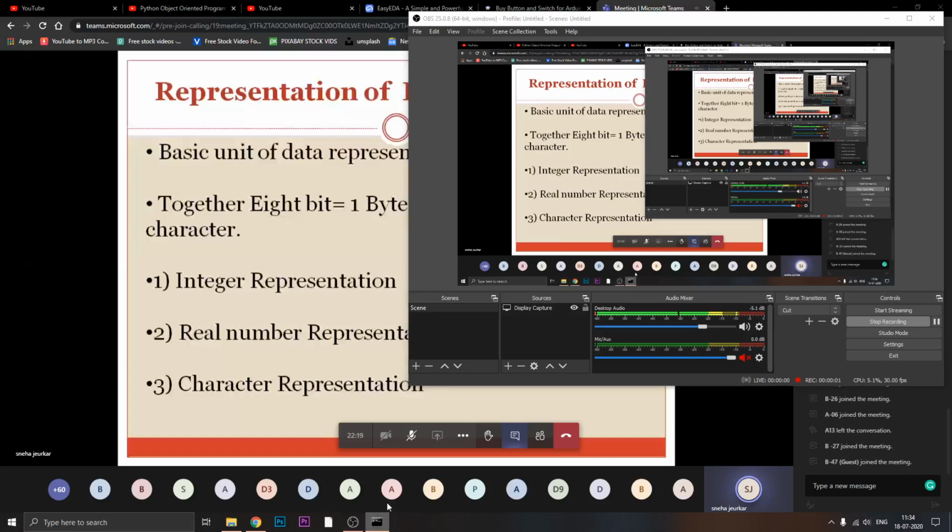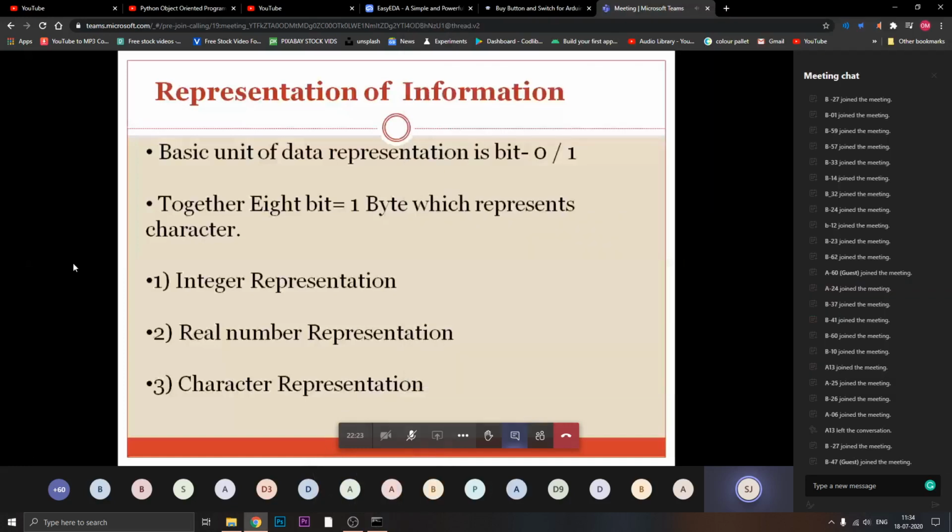Use format specifier %d for character representation. As we discussed in the exam last time in the example, if I want to represent alphabet A, by simply using %c, I can represent the alphabet or character, but by simply using %d, we can represent the assigned number, or a decimal number, of your basic character. So that we discussed under the representation of information.